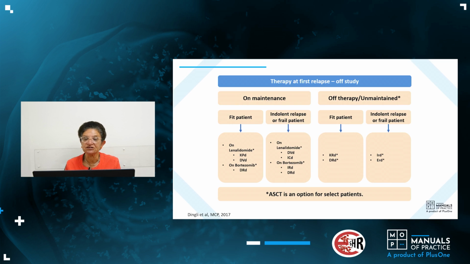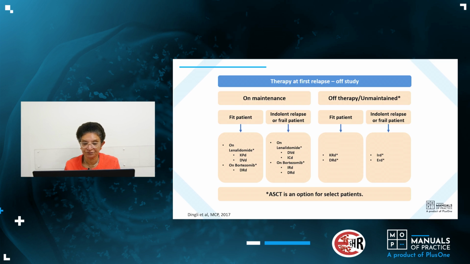How about if the patient is not on maintenance therapy and he relapsed? It also depends if he is fit or if he's frail. If he's a fit patient, you go for Kyprolis, Revlimid DEXA, or DARA, Revlimid DEXA. If he is indolent, or if this is an indolent relapse, or if he's a frail patient, then you think of ixazomib with Revlimid, which might be of a lower dose, in DEXA, versus elotuzumab,